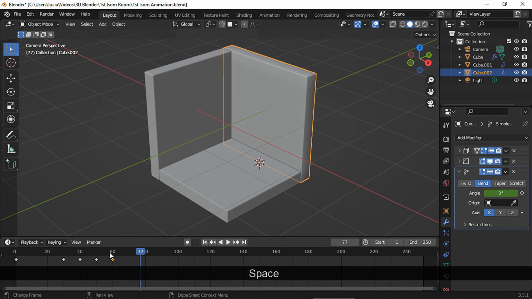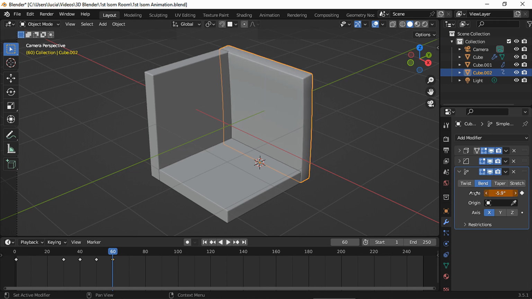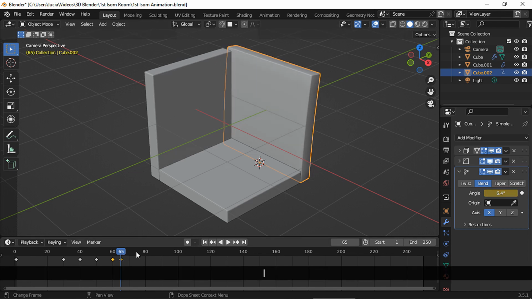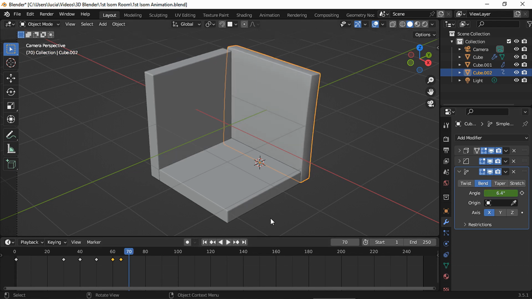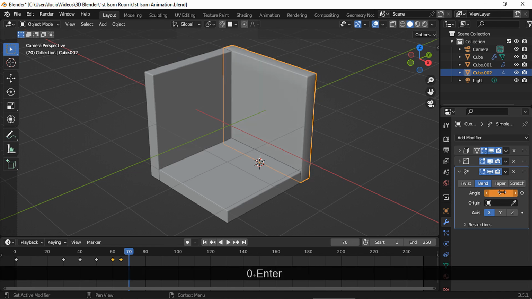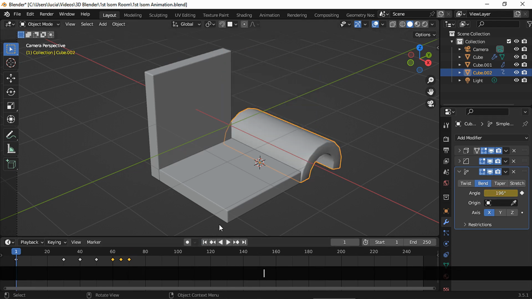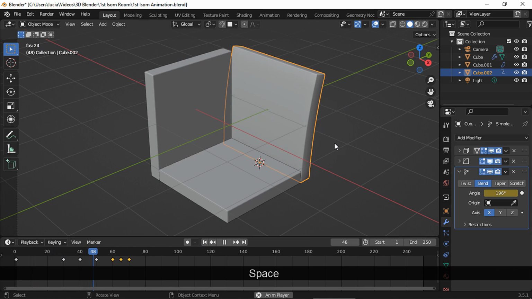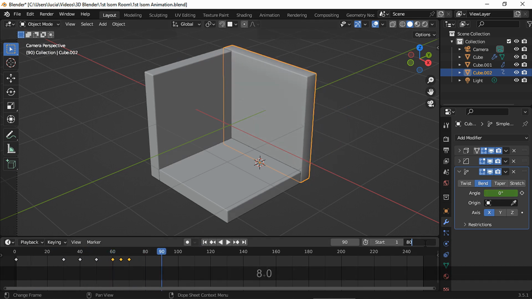And we could add one more, this time forward, and remember to choose a smaller number. And now bend it back a tiny bit so the effect decreases. And for the last frame, set the angle at 0 and insert a keyframe. Let's see the final result. And you could add as many keyframes as you would like to create a more stylized bounce effect.